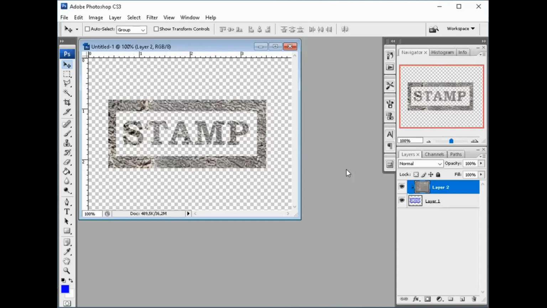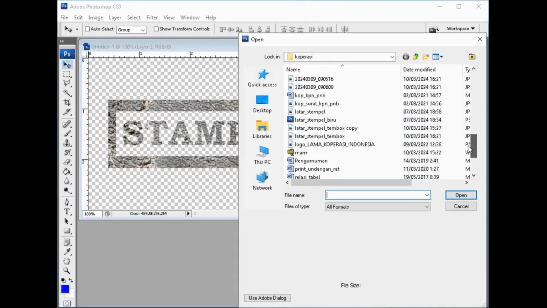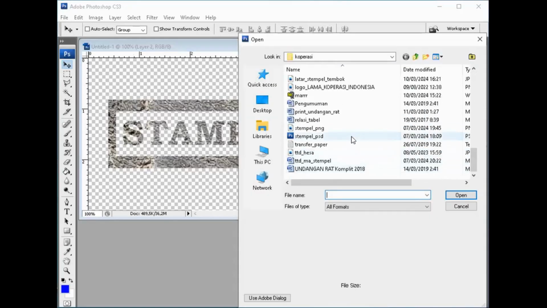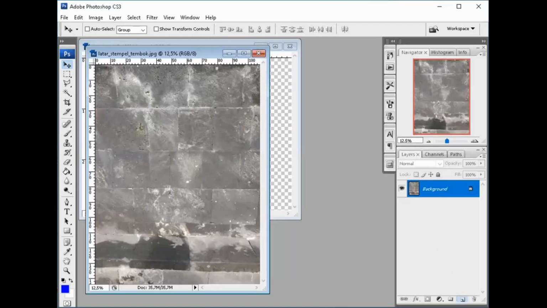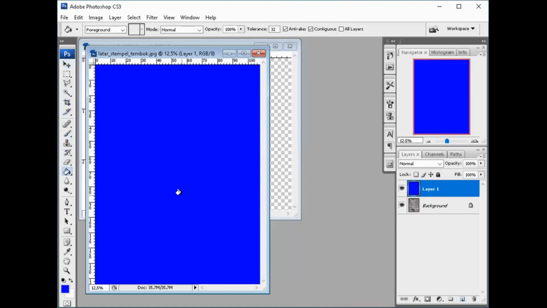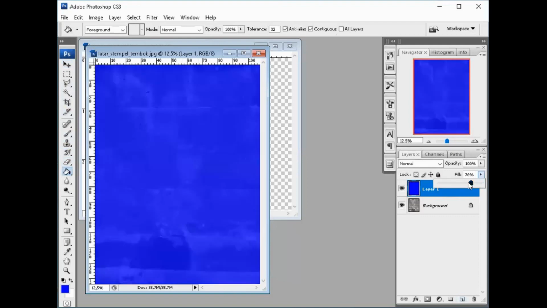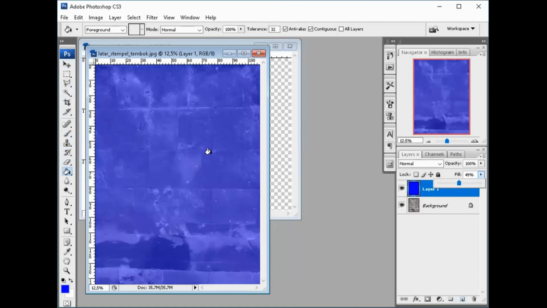Okay, now if we want to make a color with the background, maybe we can create it like this. Okay, I adjust the fill. Okay, maybe like this, and then save